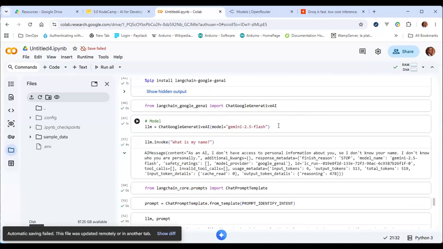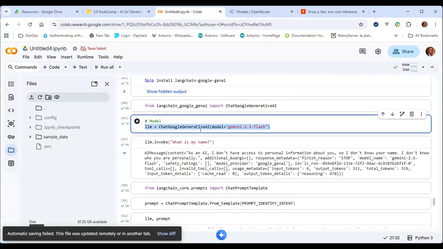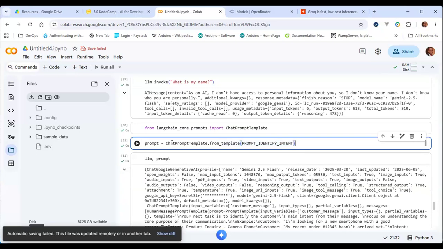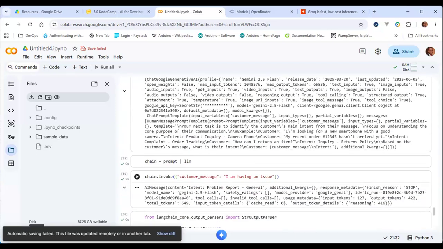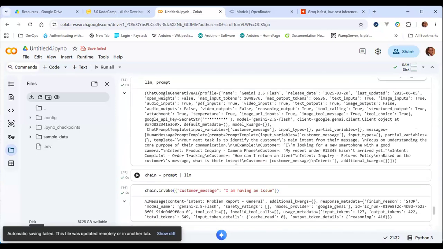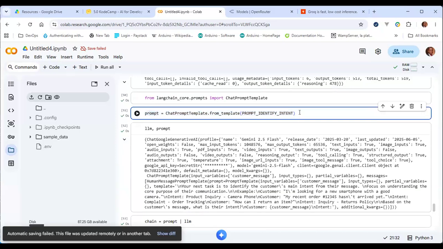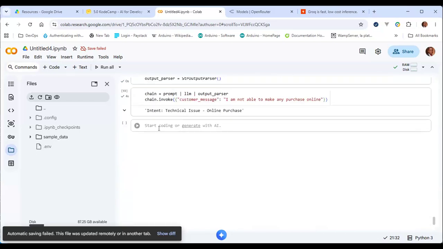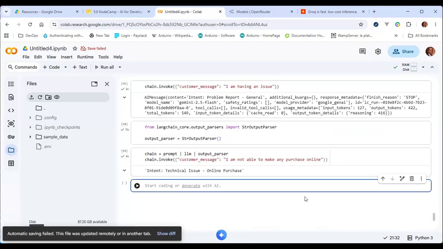We create an LLM and we can reuse the same LLM for multiple prompts. So we chain this. We did a prompt template, right? And then we did the output parser. So in all of these things, the only thing that really changes is the prompt itself, or specifically the template. So we could actually run this multiple times. I could do another chain,